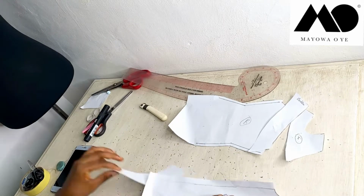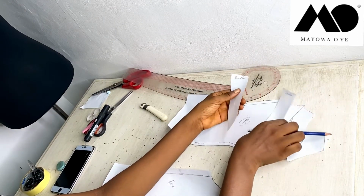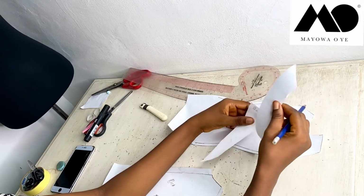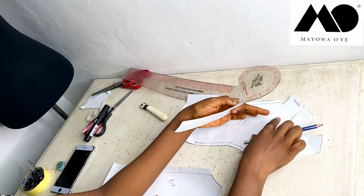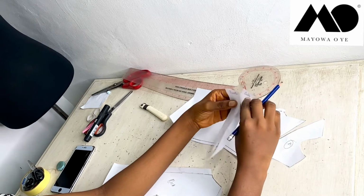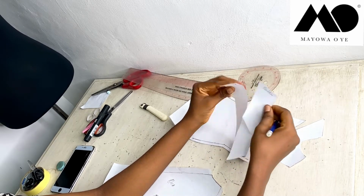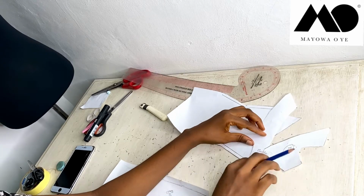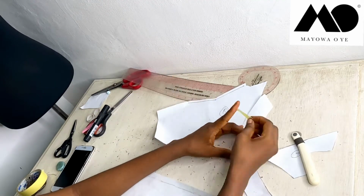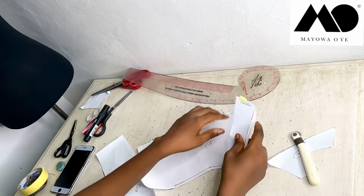So I decided to cut out 2 bits of this collar piece because it's going to go all the way around. So the collar is not just going to be in front here, it's going to go all the way around. So what I'm going to do is to join these parts together. I'm just going to tape it together with my paper tape, and this is what this is going to look like. So it's going to go all the way around like this,